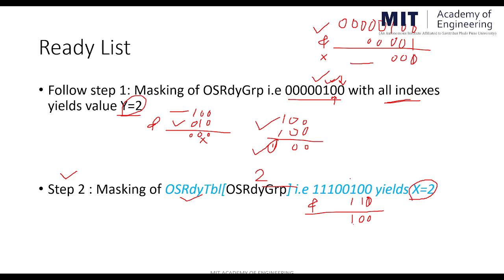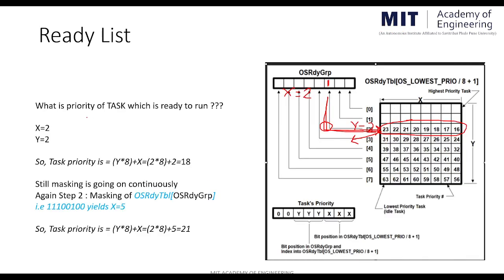So here, okay, the scheduler stops masking for some time. It has to calculate the priority once it gets the values of y as well as x. But still there are multiple tasks ready to run. So the scheduler has to keep doing the masking operation continuously. Then what will happen? Now the scheduler can understand the coordinates x is equal to 2 and y is equal to 2. Means this is the